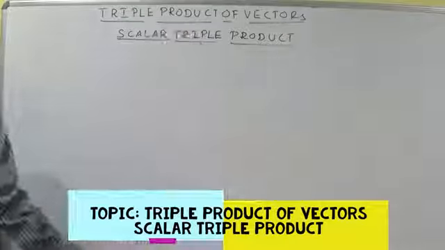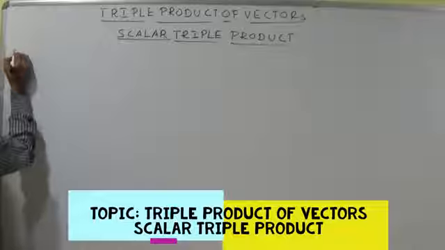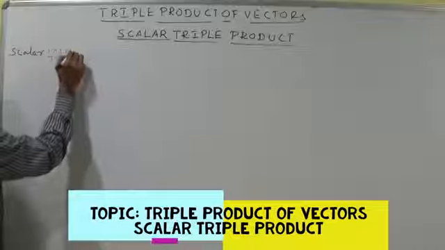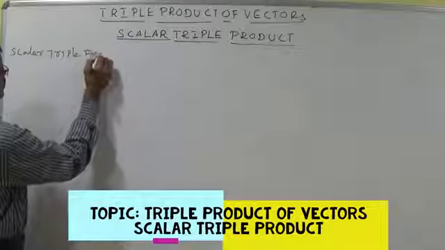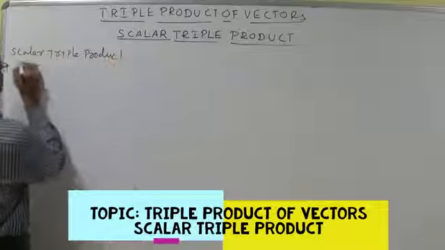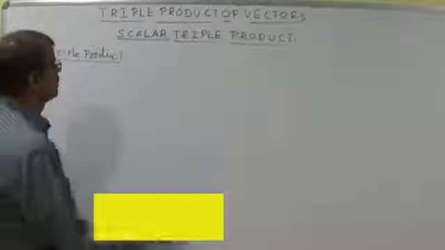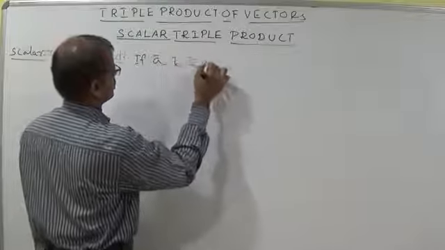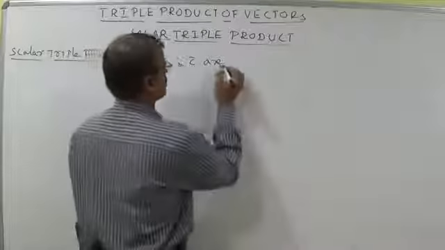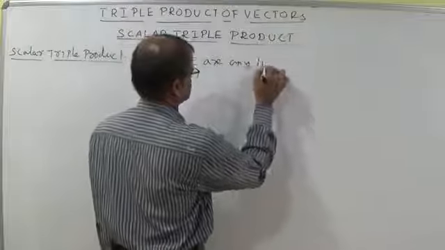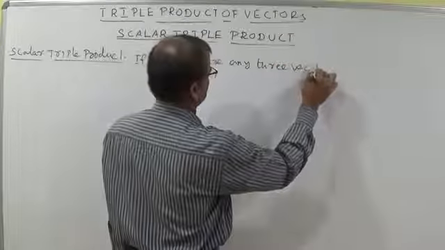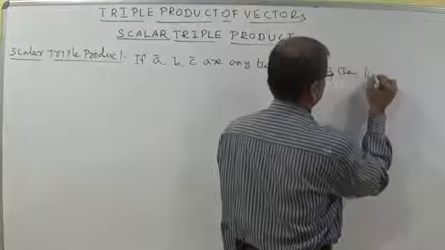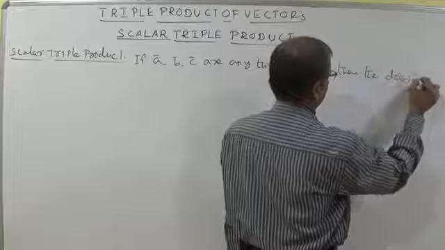Let us discuss concept of scalar triple product. Put side heading scalar triple product. I will say the definition of scalar triple product and properties of that product and everything today we can discuss. If A bar, B bar, C bar are any three vectors, then